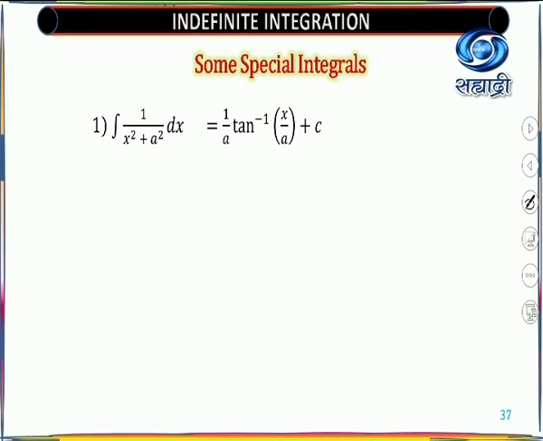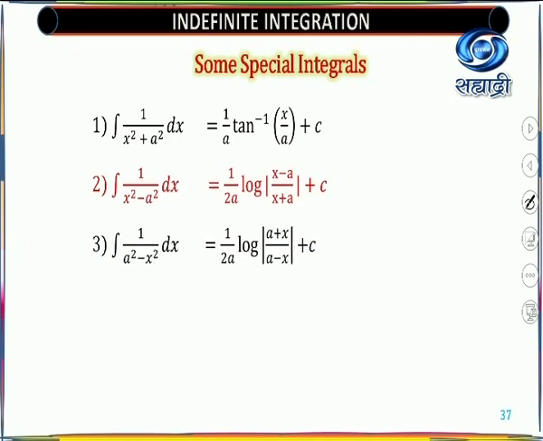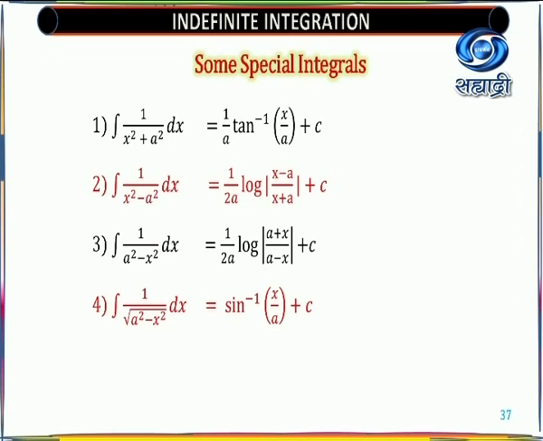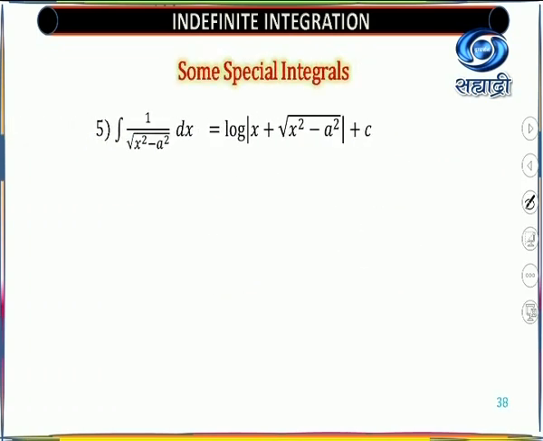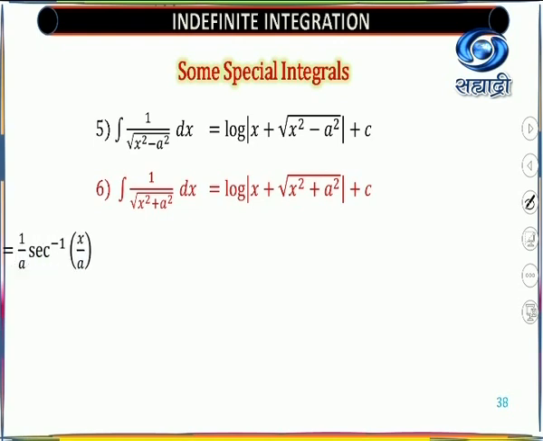I am giving you the formulas again, that is the integral 1 upon x square plus a square. Then you have already discussed the integral 1 upon x square minus a square. Now you have already discussed the formula a square minus x square, and you know the root values, the integral 1 upon root of a square minus x square. Then you have the integral root of x square minus a square, and then we will have a plus sign, that is root of x square plus a square. That means the previous formulas we discussed, along with these special types of integral formulas, we will use in our next exercise.